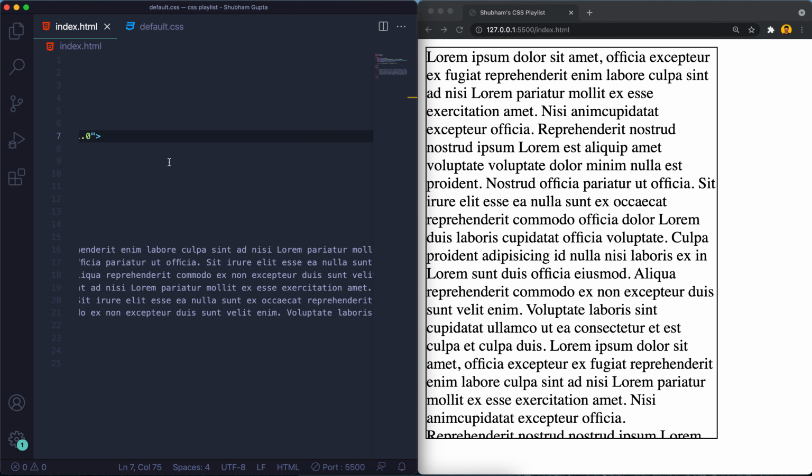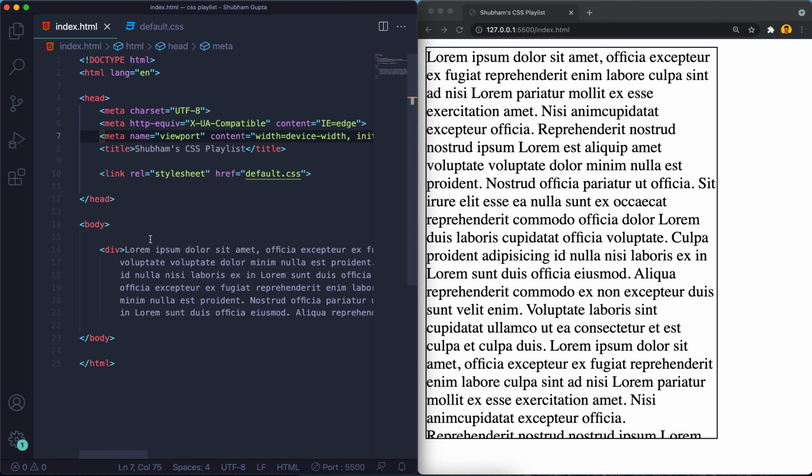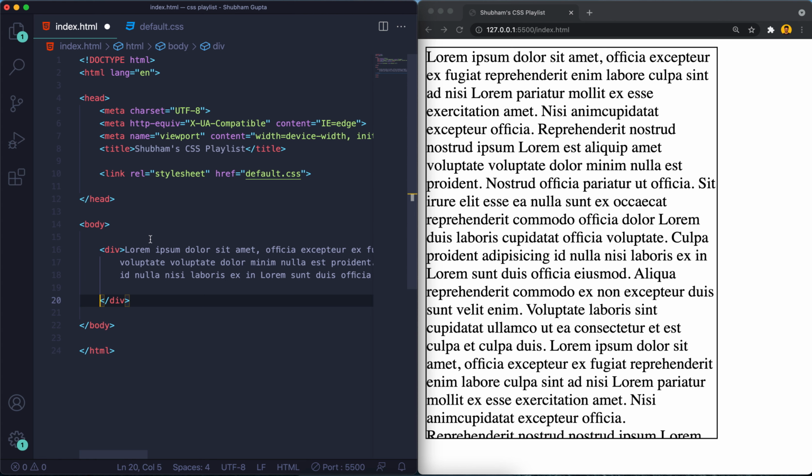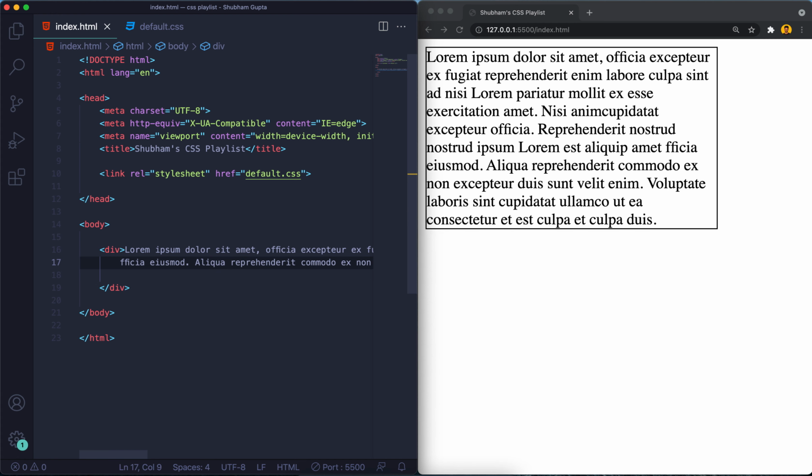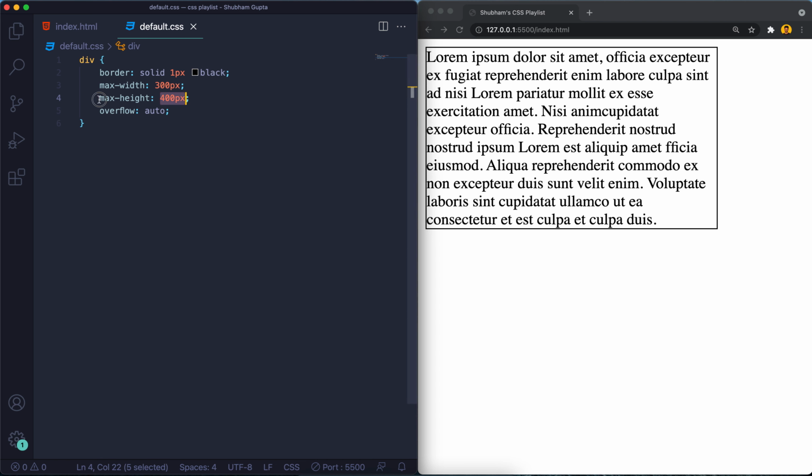Let's suppose there is less data, I'm just getting rid of the data and removing this also. Look at this, it's getting shrunk. So it's only filling the max height, not fixing the height static at 400.